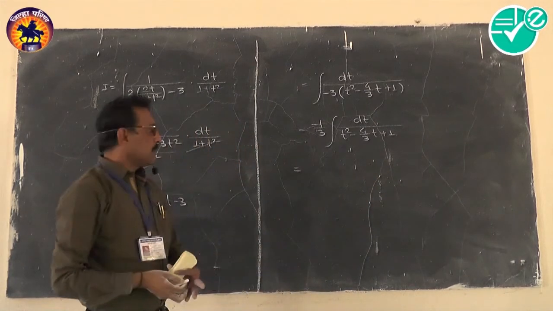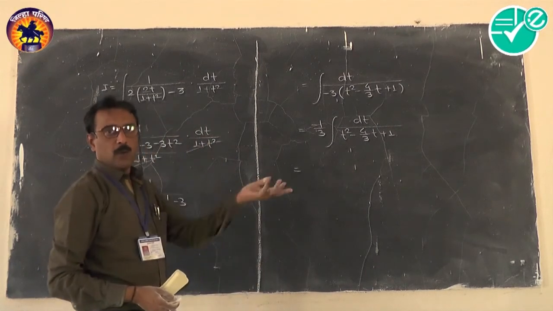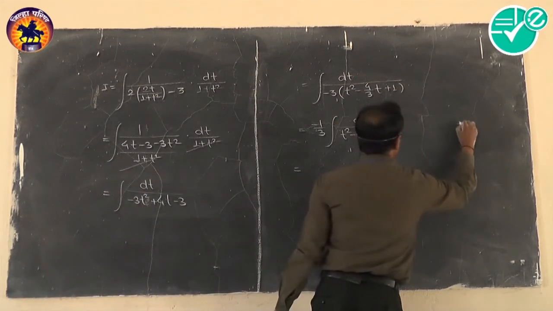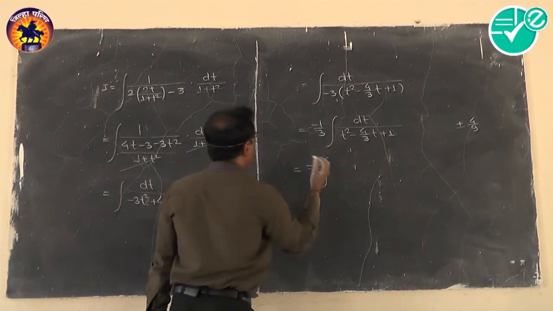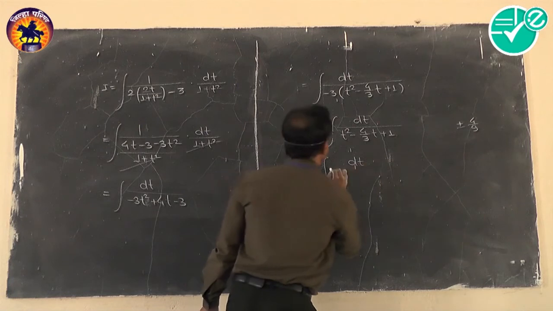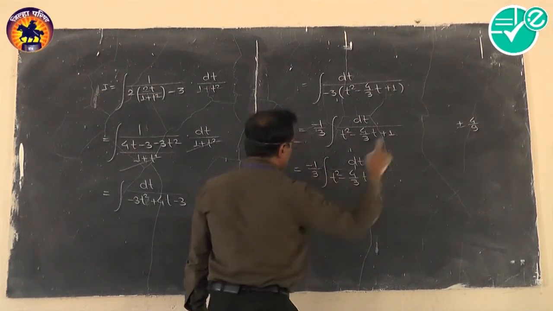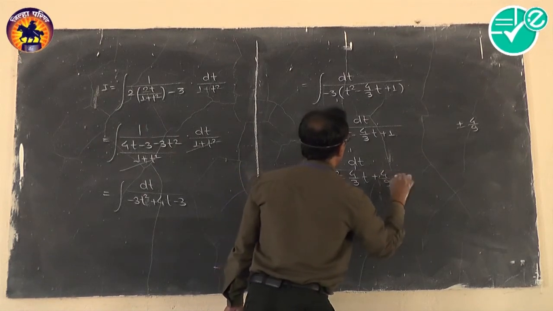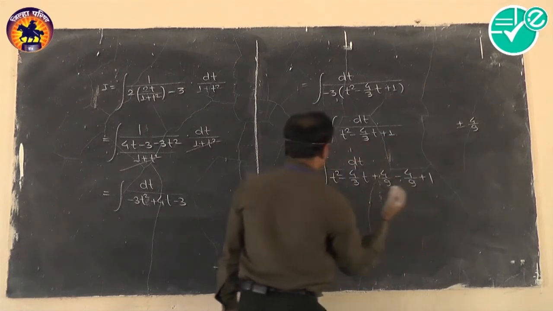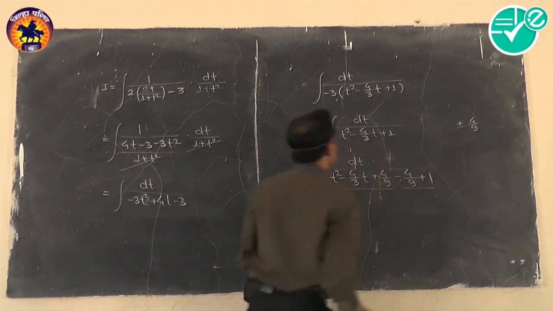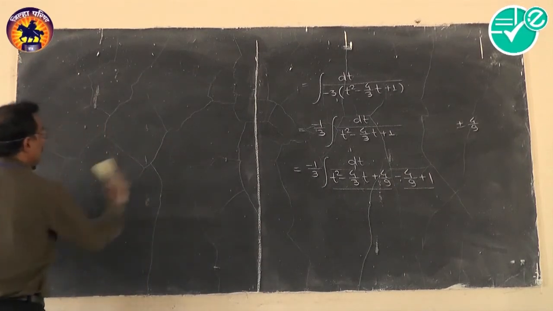I think it is a routine procedure. Here it is 4 by 3. So half of 4 by 3 is 2 by 3, and square of 2 by 3 is 4 by 9. So which term is added and which term is subtracted? Add 4 by 9, subtract 4 by 9. Here it is minus 1 by 3 dt upon t square minus 4 by 3t. Add that portion, add 4 by 9, subtract 4 by 9, and at the very last it is plus 1. I think the problem is at the ending step now. We get the answer in a few steps here. It is minus 1 by 3.